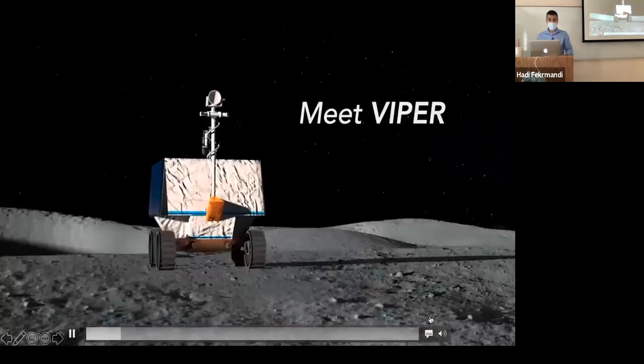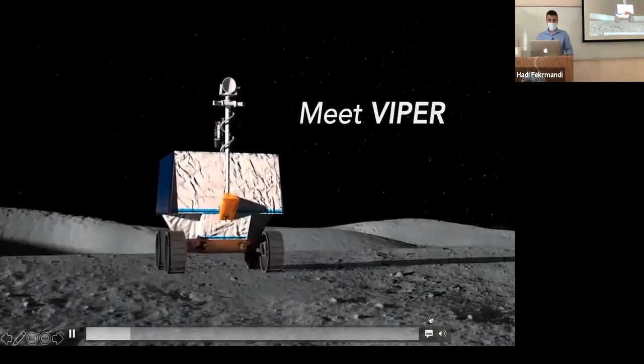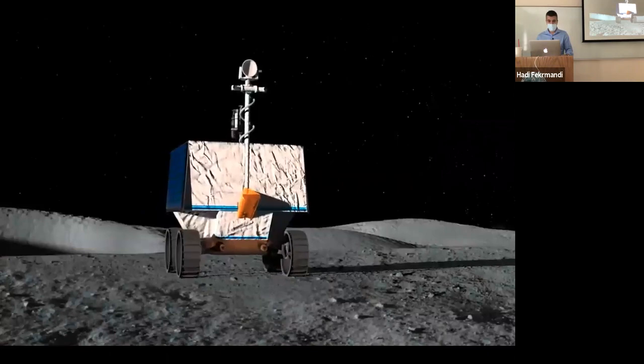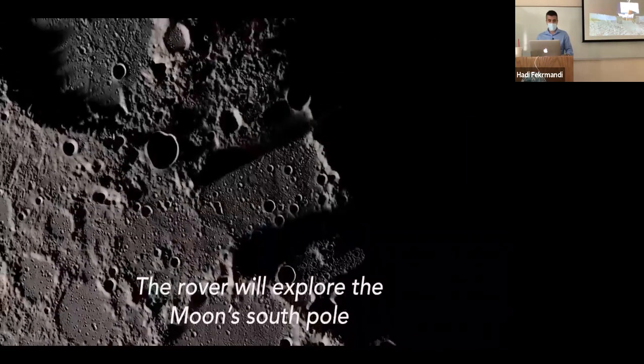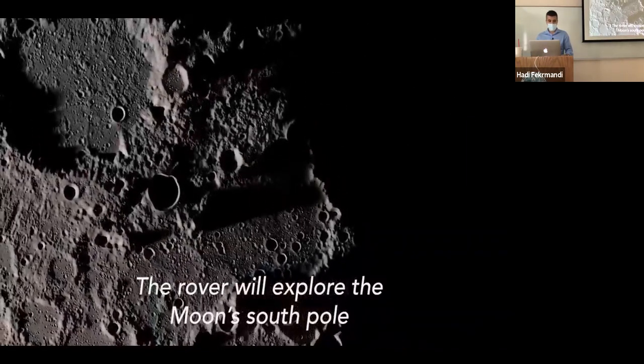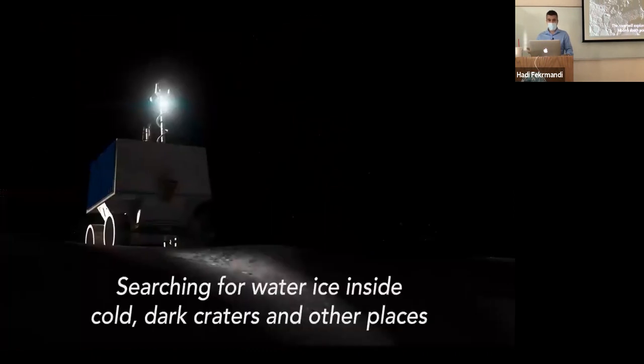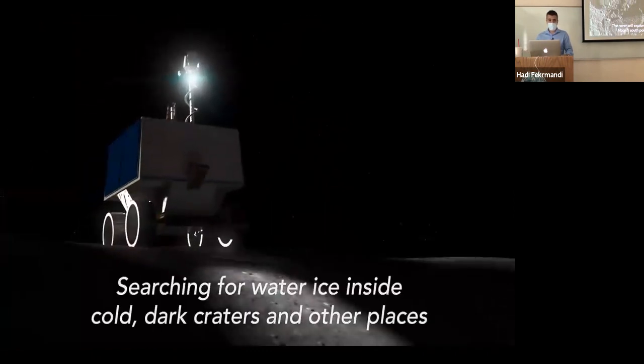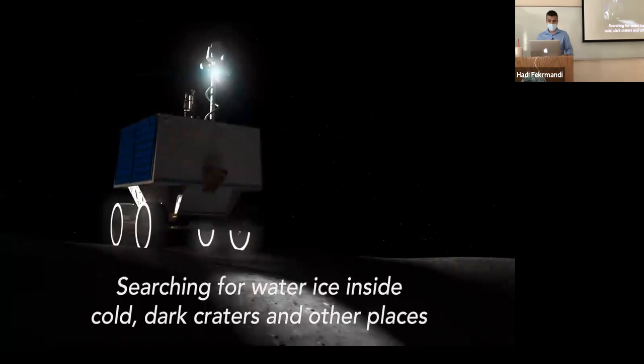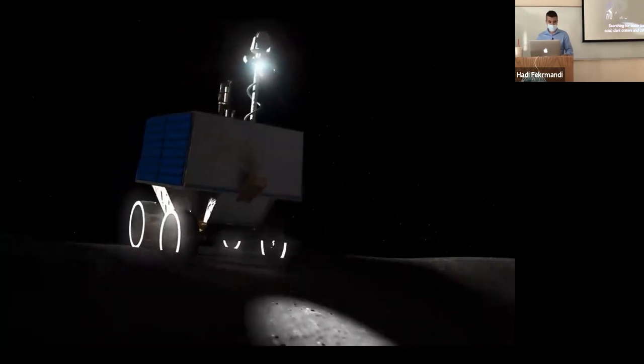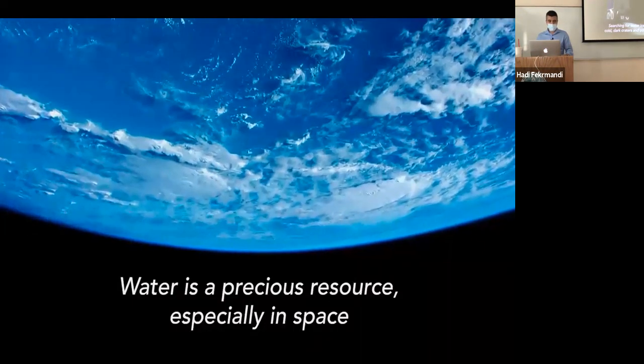That's why they have a much higher likelihood of having water in more accessible layers in the south pole. So this rover is actually being constructed at this point. It is under development, and it is planned